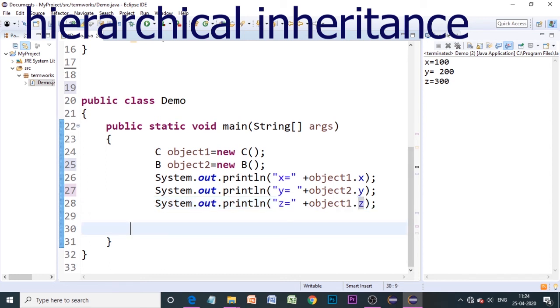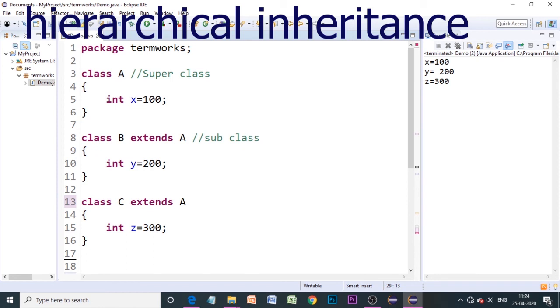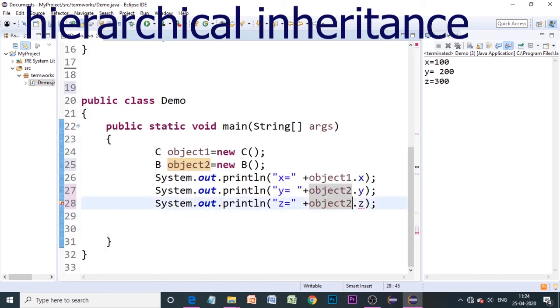Even if you make it object 2, there will be an error here because object 2 is class B's object and z belongs to class C. So there is no relation there.